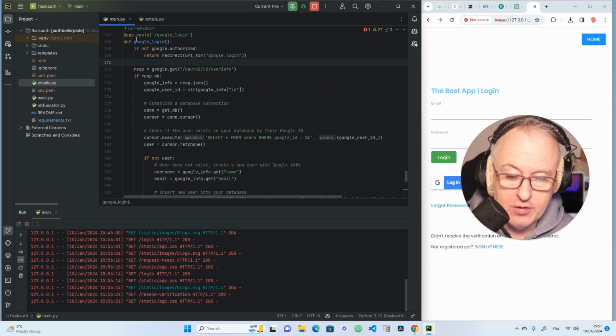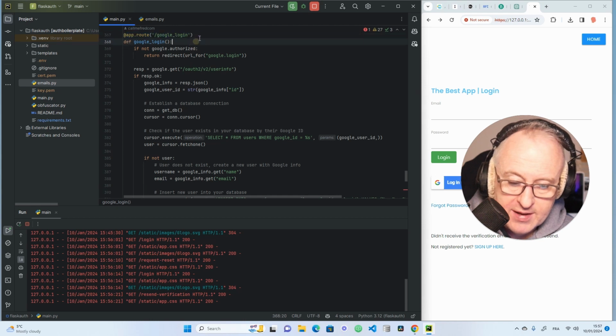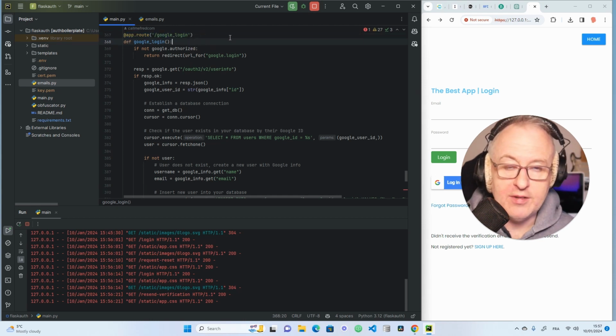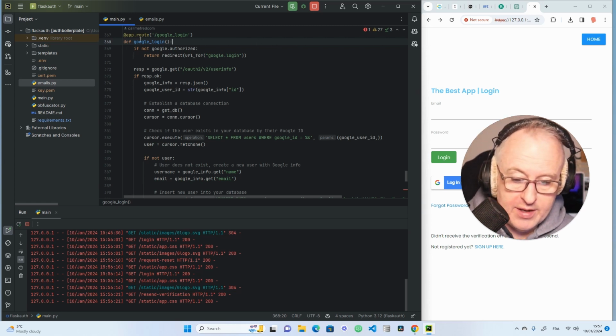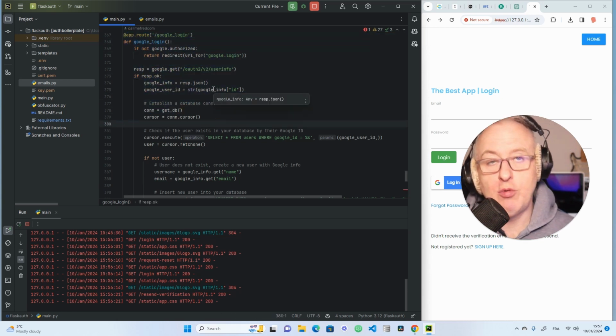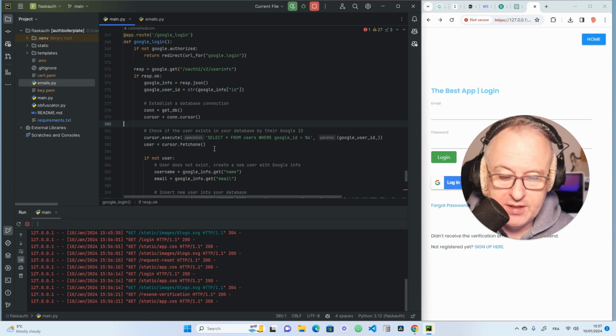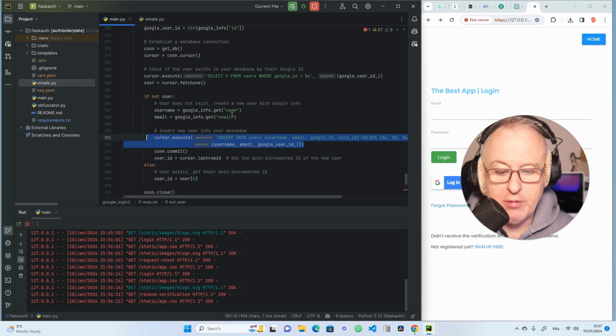And at the end of our main.py file, we have this route which was created earlier today in partnership with ChatGPT to handle the Google login. So when the user comes back from Google after selecting their email, they will land in this route. And in this route, we will check whether they are already part of the database or not. And if they are not, we will also execute a query where we will insert them into